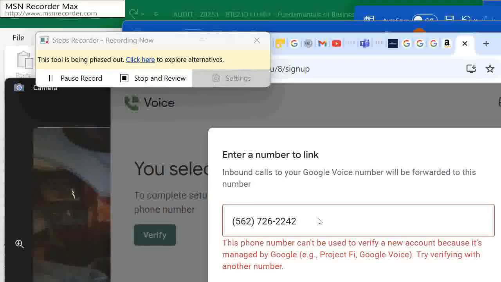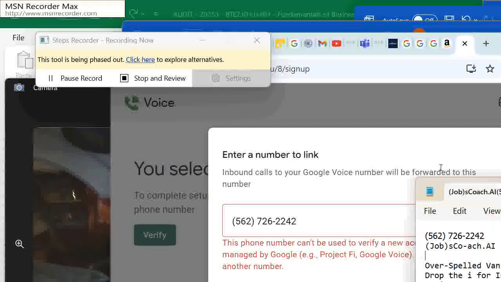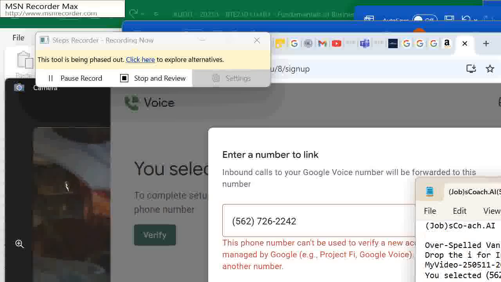So it says this phone number cannot be used to verify new accounts because it's managed by Google Project 5, which is false. Try verifying with another number. Okay, so then I'm going to put up another number, which is